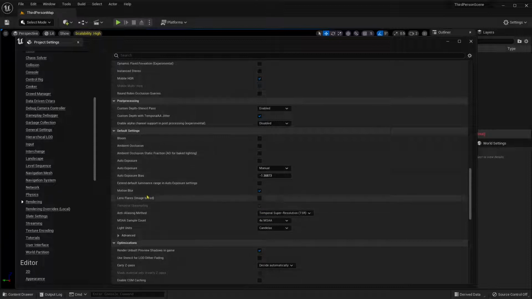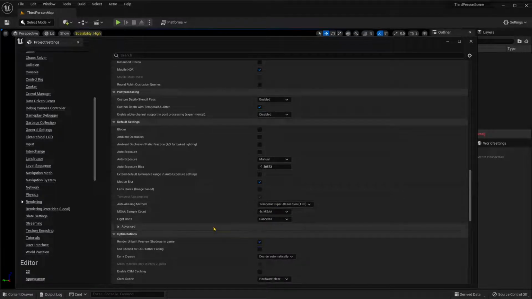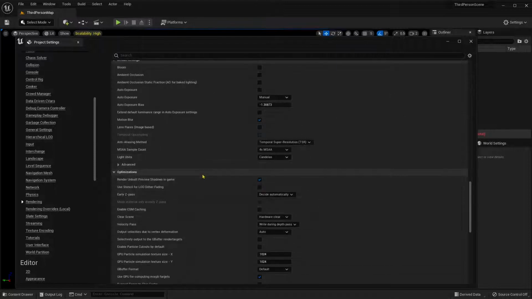Again, motion blur, lens flare, anti-aliasing. This is also important for rendering and render quality. You can increase the render quality by increasing the anti-aliasing, but also this is gonna make things heavier. Okay, let's go down,